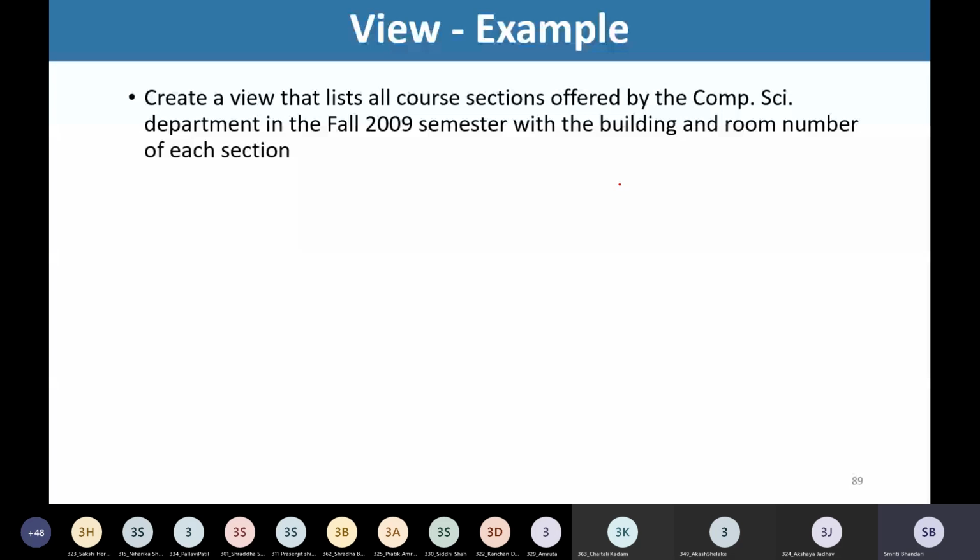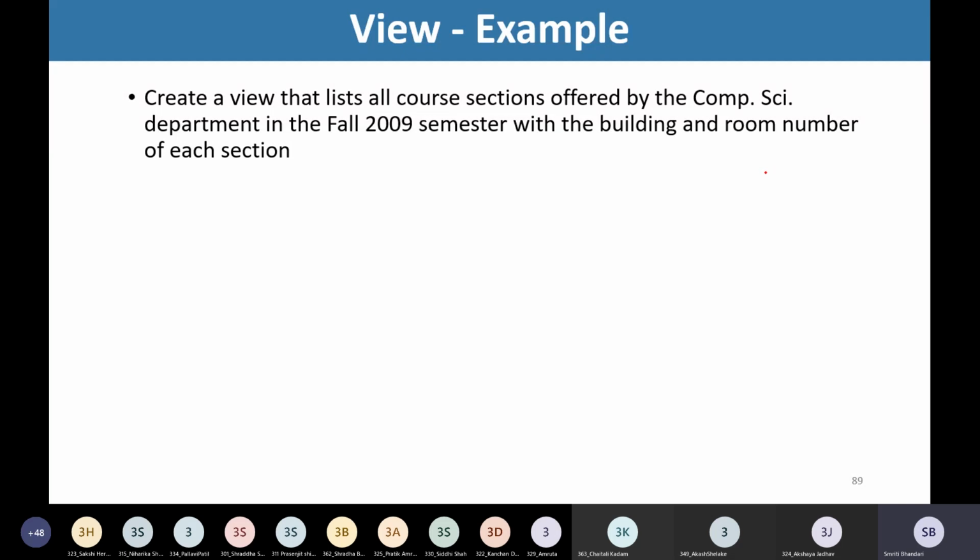We have the section table, wherein we have the building and room number details along with the course ID and section ID.